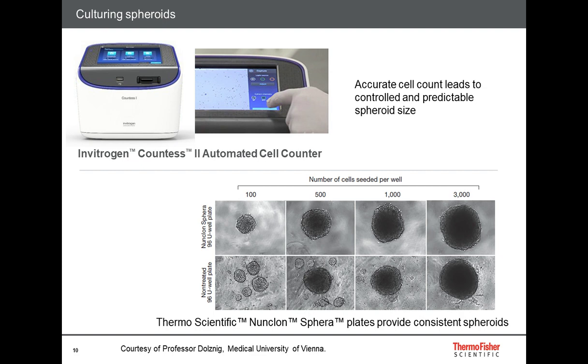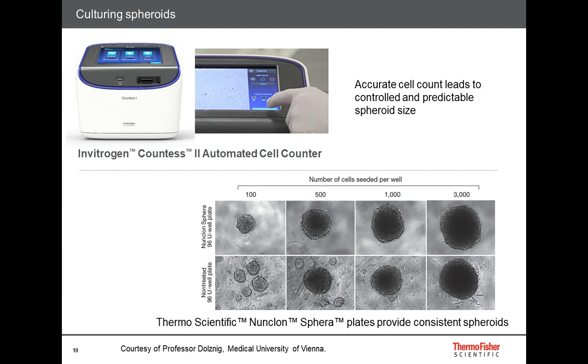So first, when it's time to form our three-dimensional spheroid in this case, it's critical that we have control over the number of cells that are being used to grow a particular spheroid. So using an instrument called the Invitrogen Countess 2 automated cell counter, we can very quickly, using 10 microliters of our cells, obtain an accurate measurement of concentration and viability so that we can seed the correct number of cells and a consistent number of cells per well in our 96-well plate